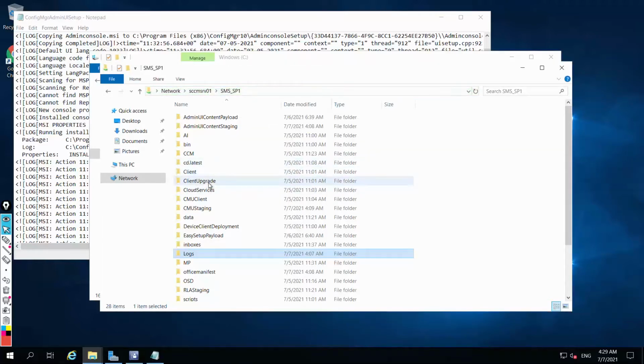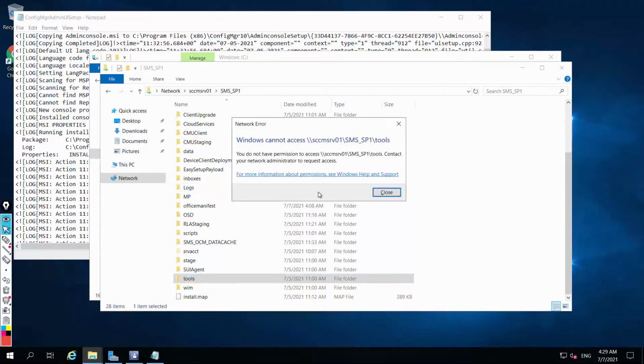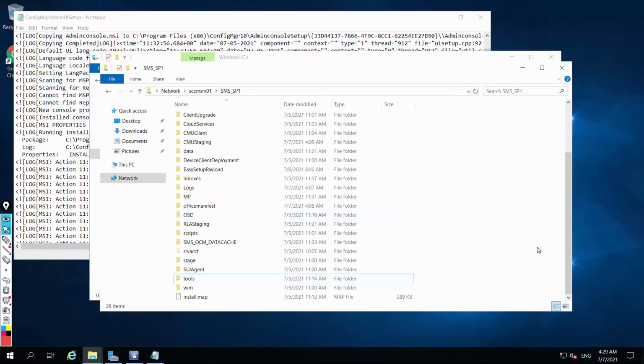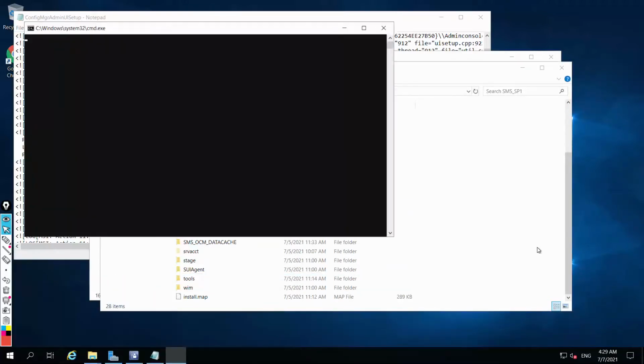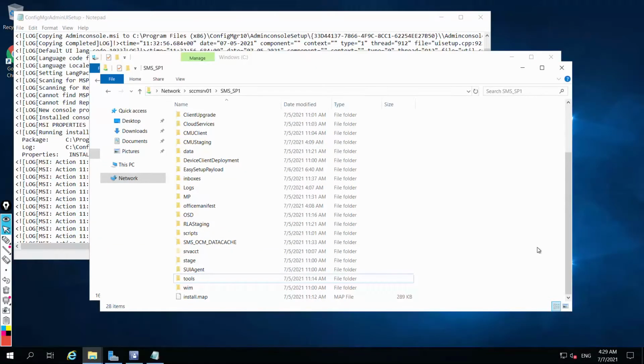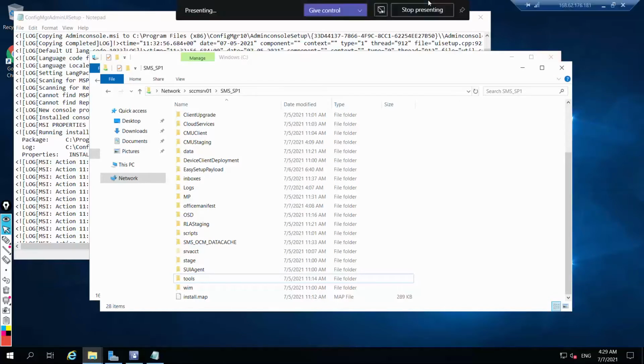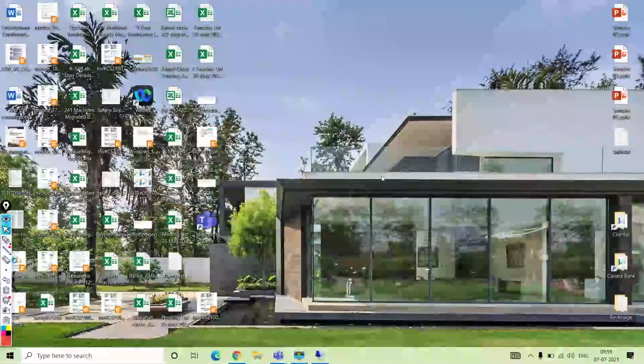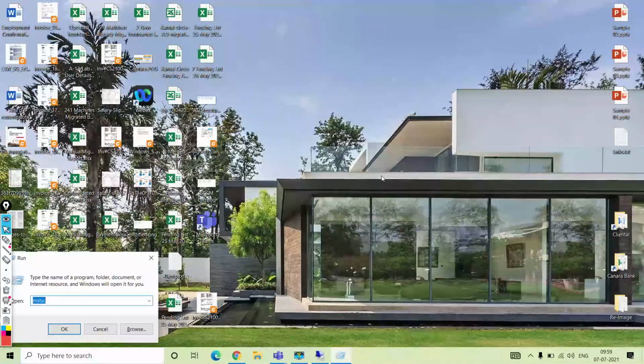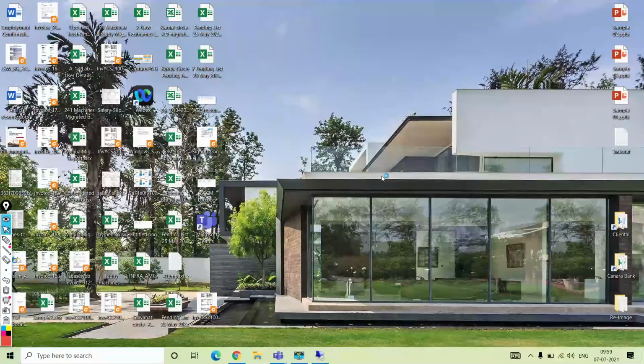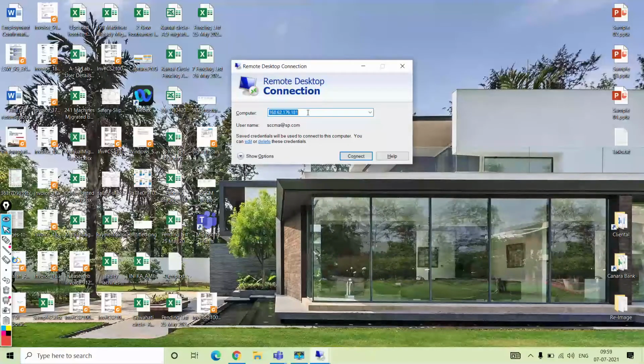It should allow me access. Fine, let me go to the domain controller and check. Let me check on my virtual machine first. The path is under Windows System 32.